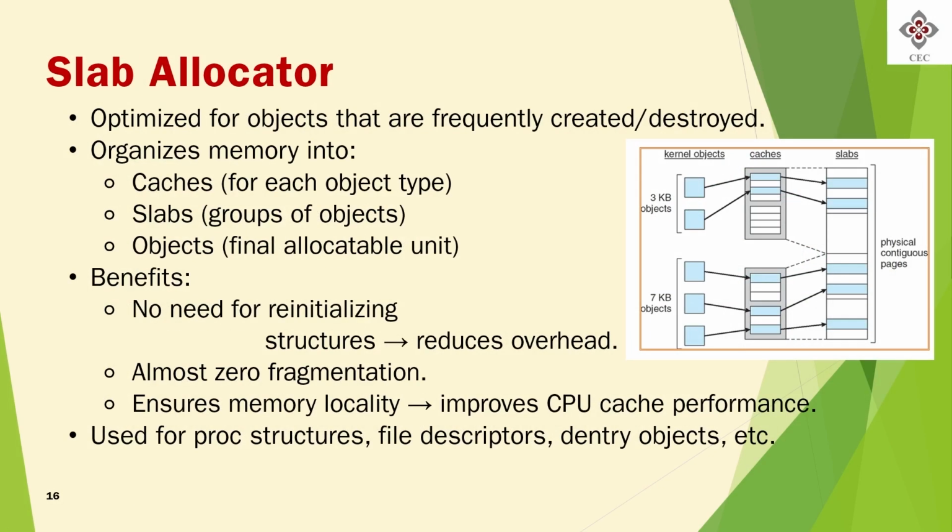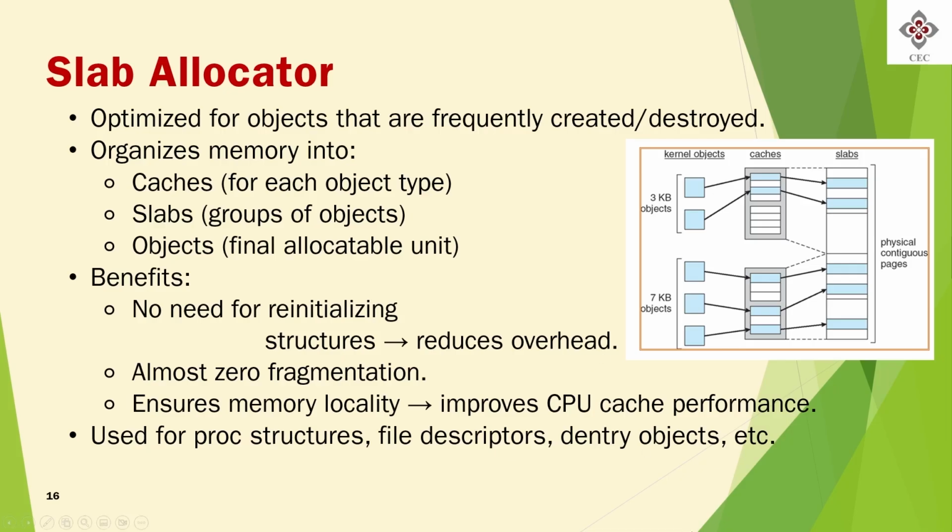The second type is slab allocator. It is optimized for objects that are frequently created or destroyed. So, you have to keep track of objects which are accessed frequently and which are closed frequently. So, based on this statistical data, we can go for slab allocation method. This organizes memory into cache for each object type and slabs for group of objects,